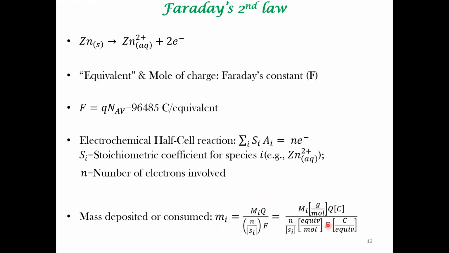Okay, so this is the charge on a mole of electrons in this case, and this will give you the mass that is deposited, taking into account the stoichiometric coefficient present in the electrochemical half cell reaction, the number of electrons that are required to deposit just 1 mole of a material. Okay, this mathematical equation is almost self-evident if you think about it, but it is still very important